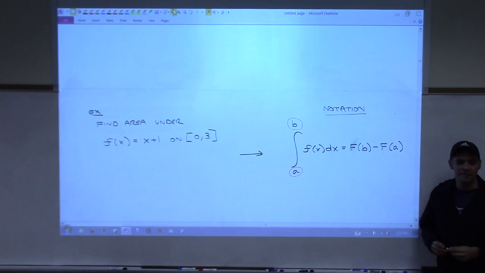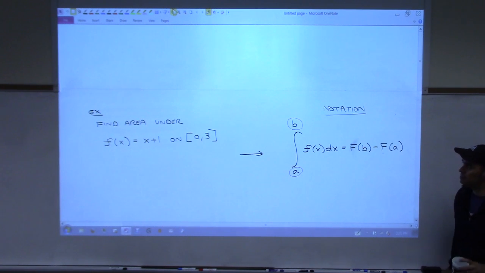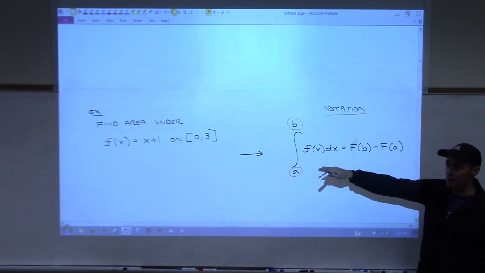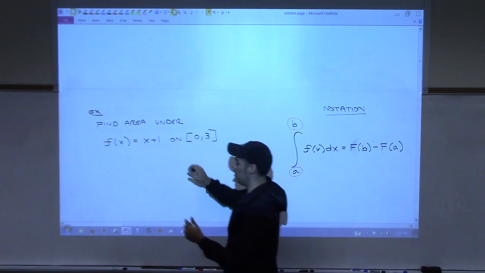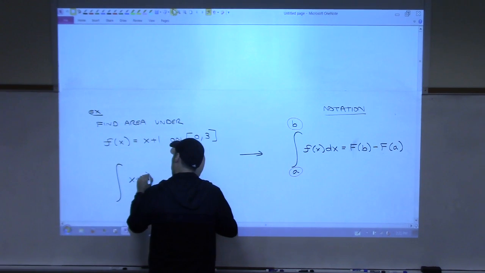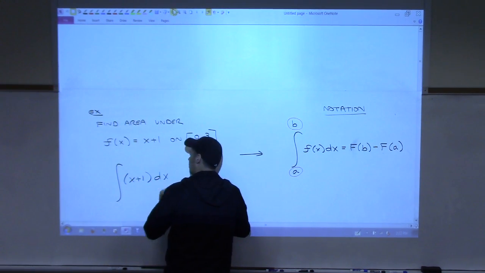So someone tell me what I have to do. In order to answer this, what do I have to do? Actually, I don't need a picture at all. I just need the antiderivative. That's all I need, right? If I have the antiderivative, I'm going to get the answer. So let's use the proper notation to write this down now. The proper notation would be, I want to know the antiderivative of x plus 1 with respect to x, and I'm looking